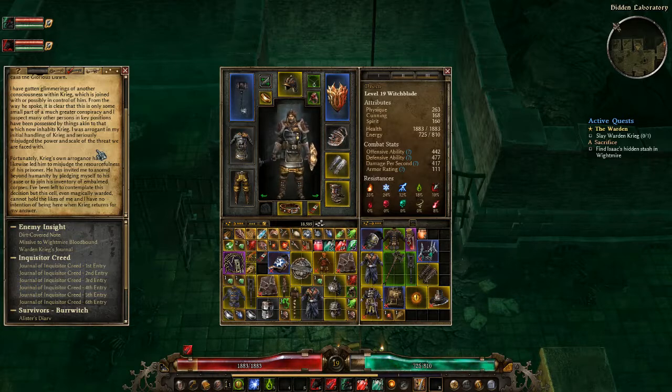I've gotten glimmerings of another consciousness within Krieg, which is joined with, or perhaps in control of him. From the way he spoke, it is clear that this is only some small part of a much greater conspiracy, and I suspect many other persons in key positions have been possessed by beings akin to that which now inhabits Krieg. I was arrogant in my initial handling of Krieg, and seriously misjudged the power and scale of the threat we are faced with. Fortunately,